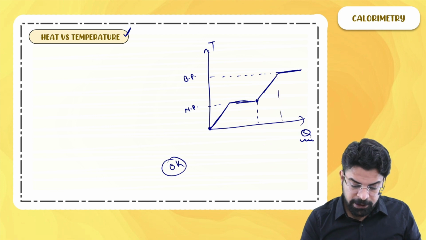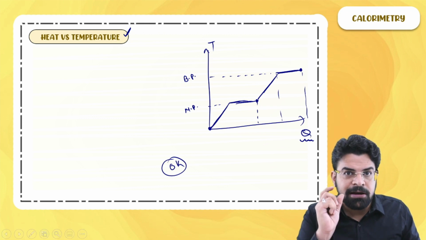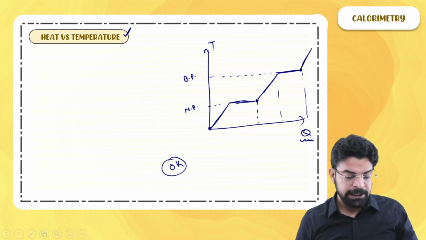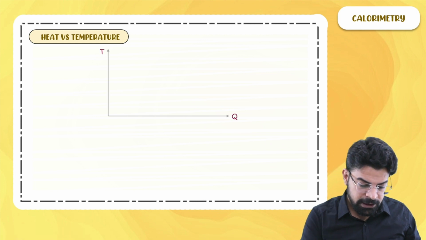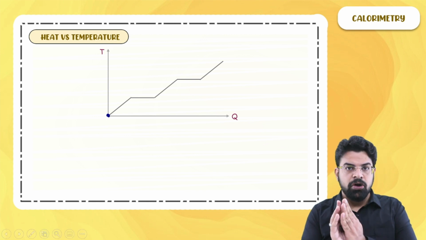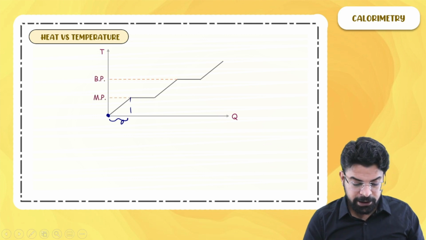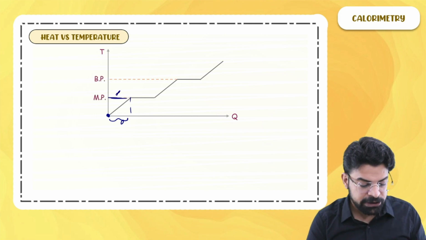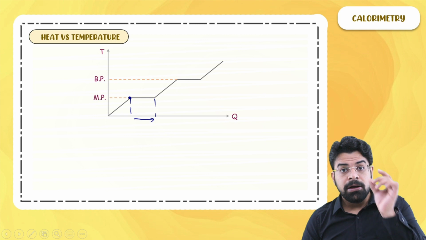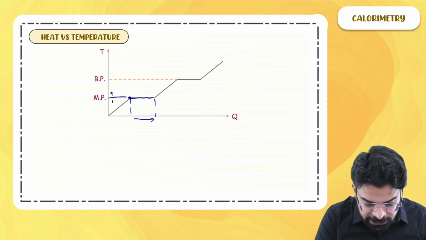Then when you further provide heat, when the entire liquid has evaporated, entire liquid has converted into gas, then the temperature of the gas increases. So if you think of the graph of temperature versus the heat provided, it goes something like this. At absolute zero, everything is solid. If you provide heat to the solid, the temperature of the solid increases till the time it reaches the melting point on the temperature scale. Once the substance has reached the melting point, then on further providing heat, the solid keeps on converting into liquid without the rise in temperature.